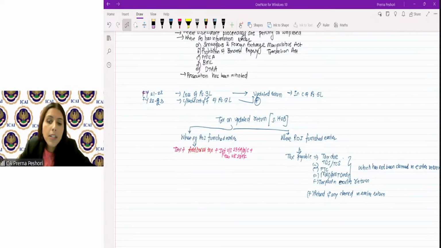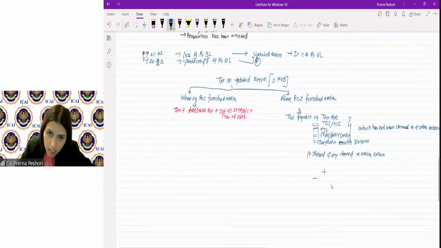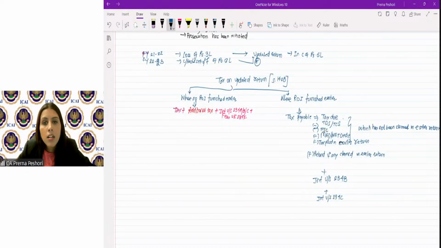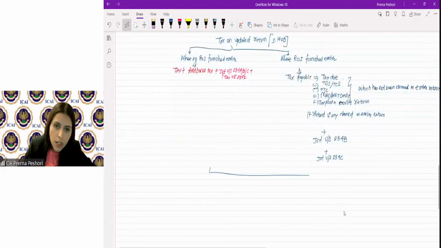On this amount, you would calculate the interest under section 234B. And similarly, you have to calculate interest under 234C. Okay, so you will calculate the interest under 234B, 234C additionally, which will be on the new tax which is there, of course, after reducing all these credits, and plus you will have